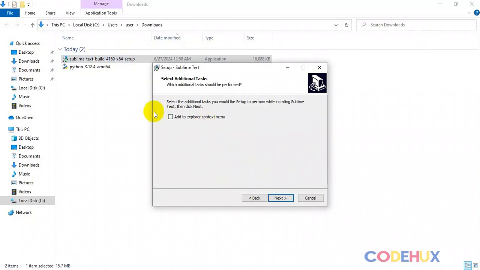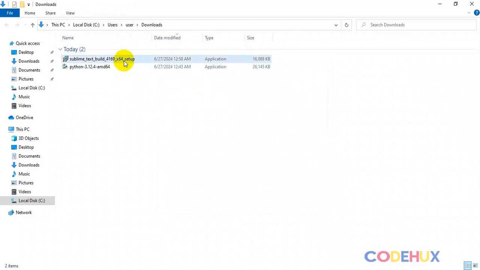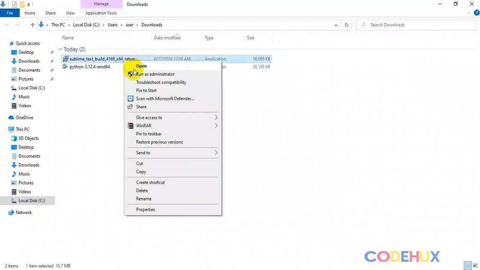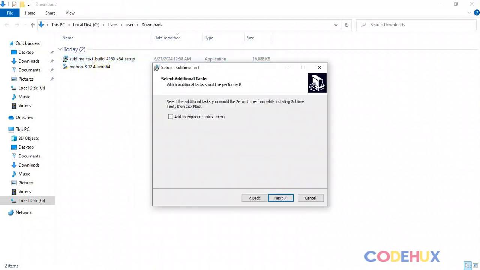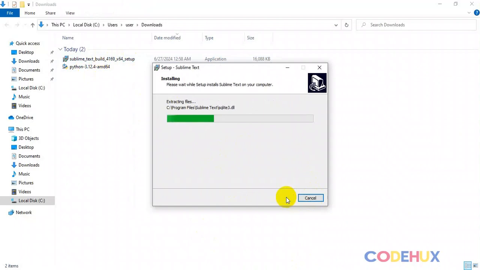Now here it is showing us, make sure you tick here, add to Explorer context menu. What this does is that when you right click on a file, you can click on open with Sublime Text. When you right click on a file, like this file here, among the options you will see open with Sublime Text. So that is what this option does. So I will tick it, click on next, click on install,